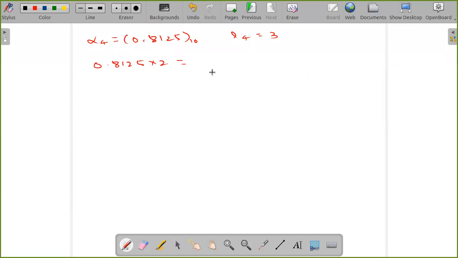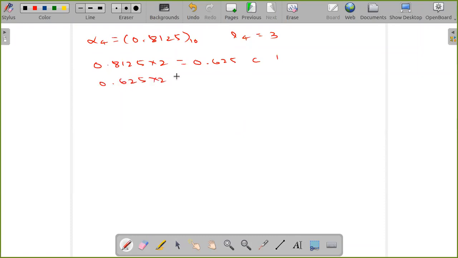1.625. Right. Yes, exactly. 1.625. So that I am not writing that 1 here. 0.625 I am writing, carry will be 1 here. Exactly. So whenever this multiplication result comes 1.625, 1 should be taken as carry and the remaining portion will be kept here. Now again I should expand this, right?